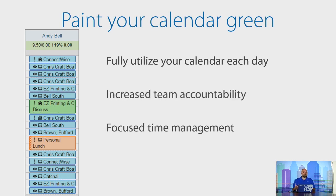Again, this is going to increase that team accountability because we know that issues are being handled, and you can really focus your time management, especially if we have, let's say, a dispatcher that might be having these tickets added to a calendar before someone comes in during the day. It's really important if we have team members that might be working remote. Now they don't have to go to a manager or to that dispatcher to ask where they need to go, what supplies they need to grab for that day. They can just log into Manage, look at their calendar, and they already know where they should be for that